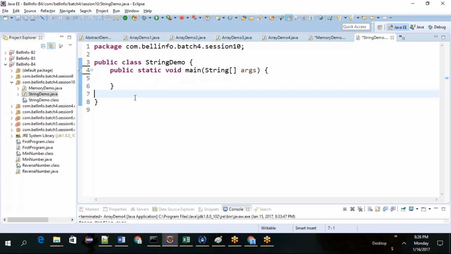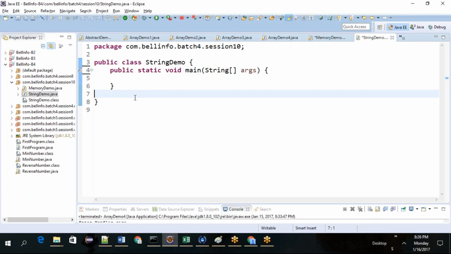Like if you want to write "this is the Java course", where do you want to hold it? We know primitive data types. Inside int you can only keep integers. Double you can't, float you can't, boolean is true or false so you can't, char you can, but one character at a time.